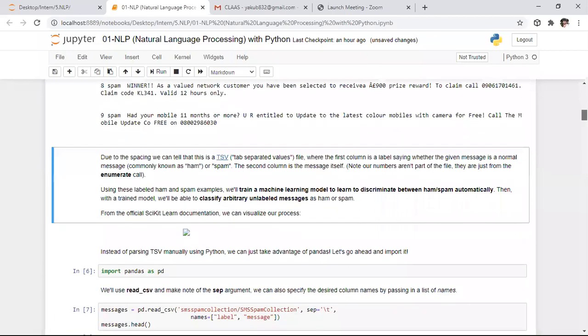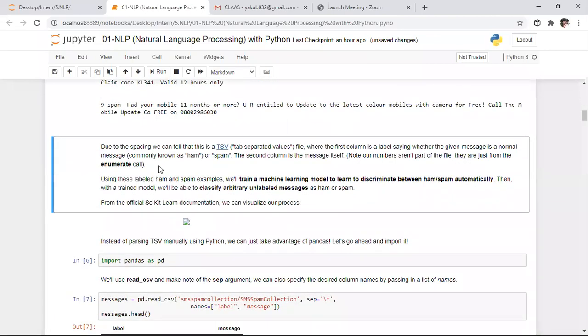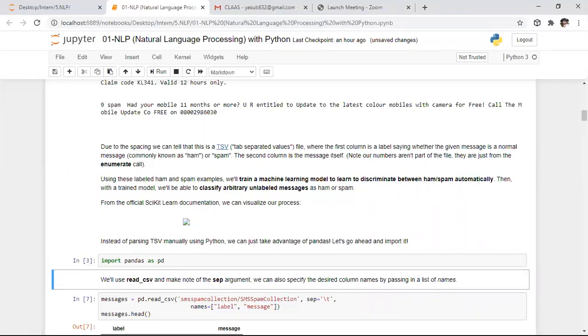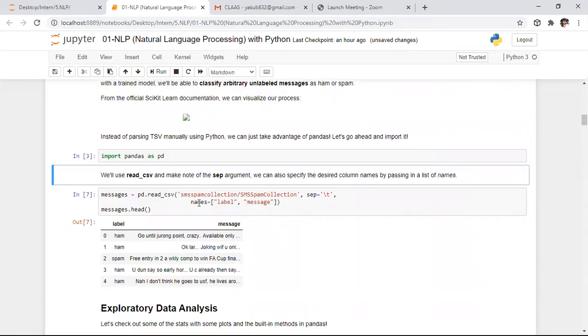After this, we need to read this TSV file. TSV stands for tab separated value. To read this file, we initially need to import the pandas module. After importing pandas, to read the file we need to specify the delimiter or separator as /t.